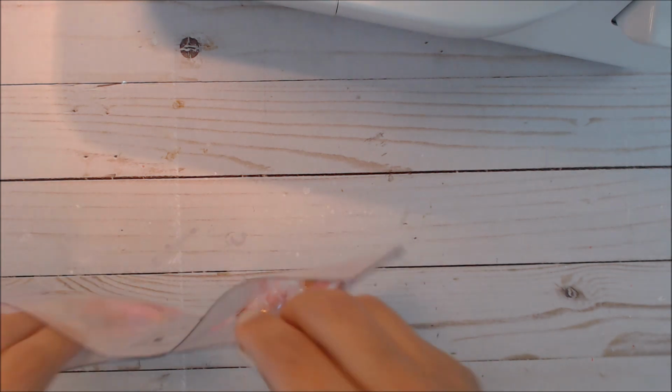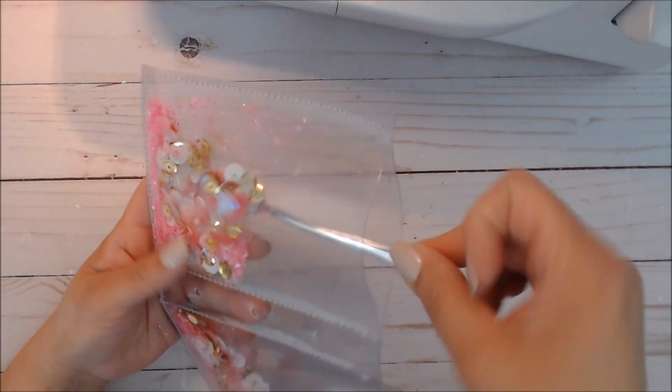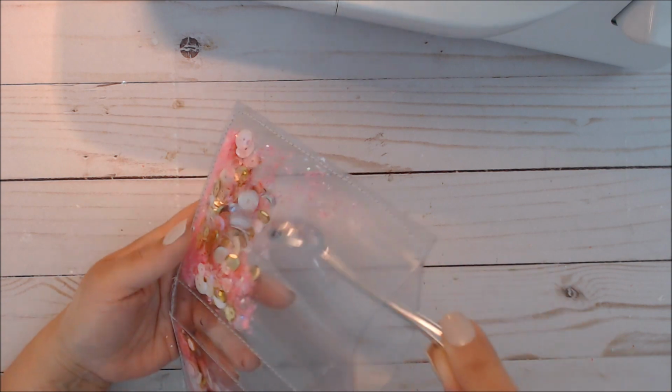What time is it? It's already 12. I still got time. So I'm going to try to shake it up a bit before I seal it all. Maybe get my spoon in there, move things around. Because once you close it, it's harder to really get stuff moving around. At least with regular shakers, but...